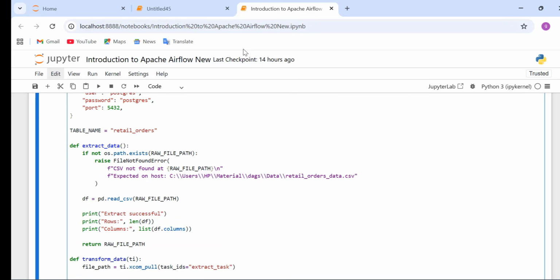Now let's continue. We said dev extract_data. What this entails is that we confirm that the CSV is actually here in the link that we provided, and we read it and check how many rows and columns are there, and we return the file path. So the next task that we carried out was the